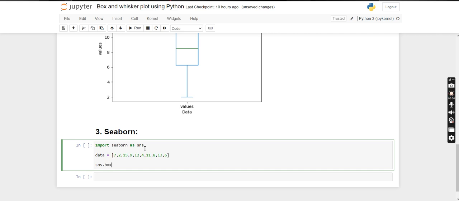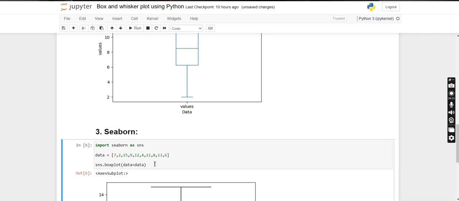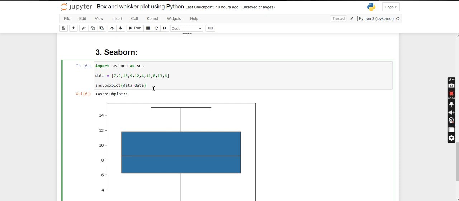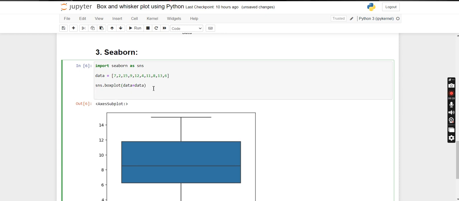Then there is a simple method boxplot, and in that there is an argument data, which is a built-in argument of the boxplot method, and in that we will provide this data variable. Now when you execute the cell, you will get your box plot. Now you can do the customization also